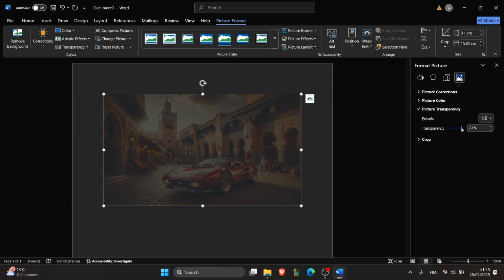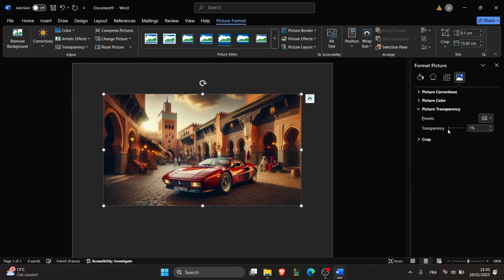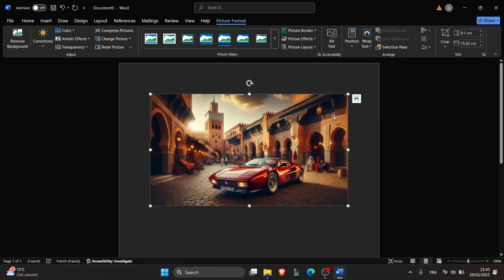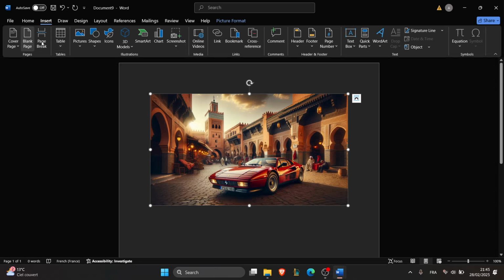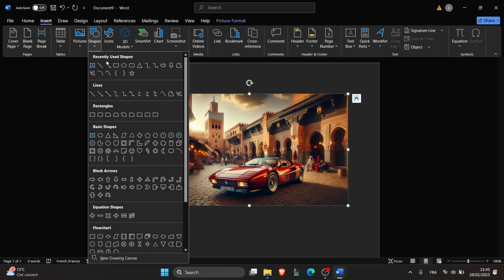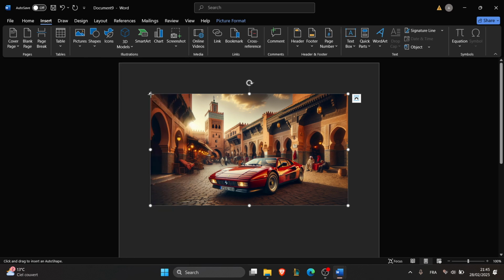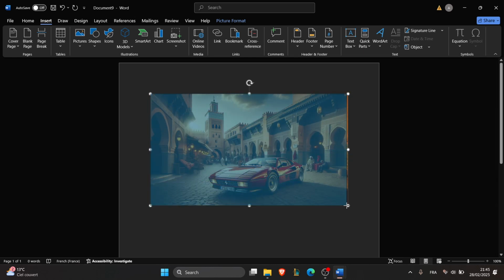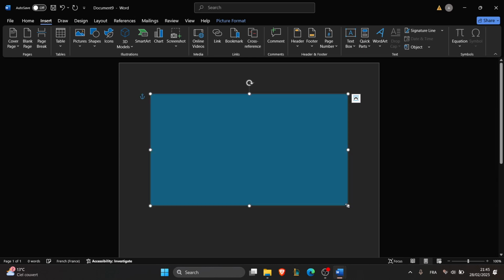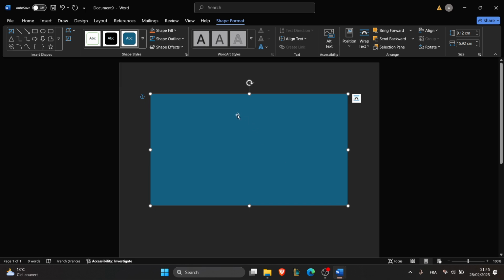The second step is to use a semi-transparent shape over the image. Now let's make the picture again. And to do that, just go to Insert and then click on Shapes. And then draw a rectangle over the image, like this. And then right click on the format shape and fill and click solid fill,